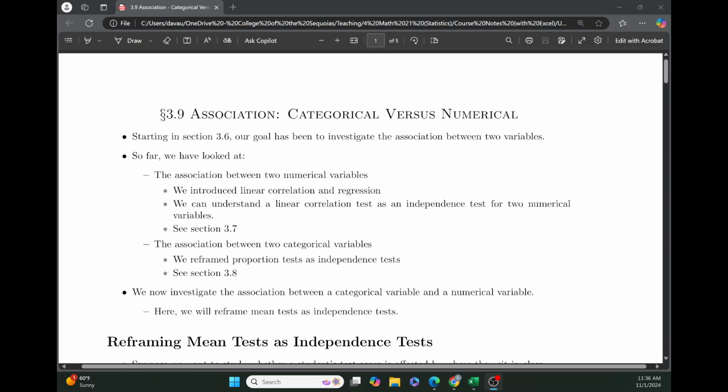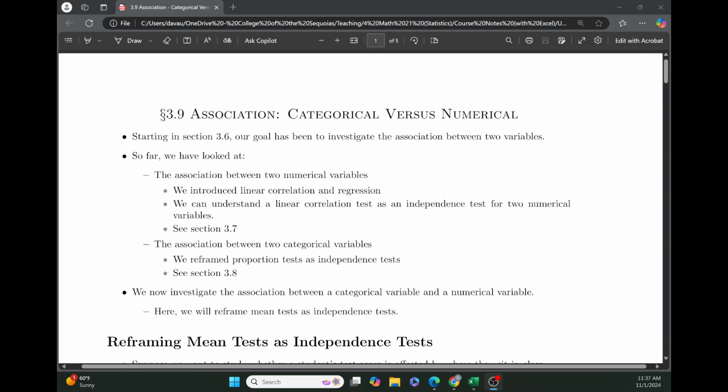We will have one more section, but it's just going to be a review of the Chapter 3 material. And even this section doesn't really contain anything new because we're just going to be talking about reframing mean tests as independence tests. So there's no new hypothesis testing here, but we're just going to be talking about the tests that we already know